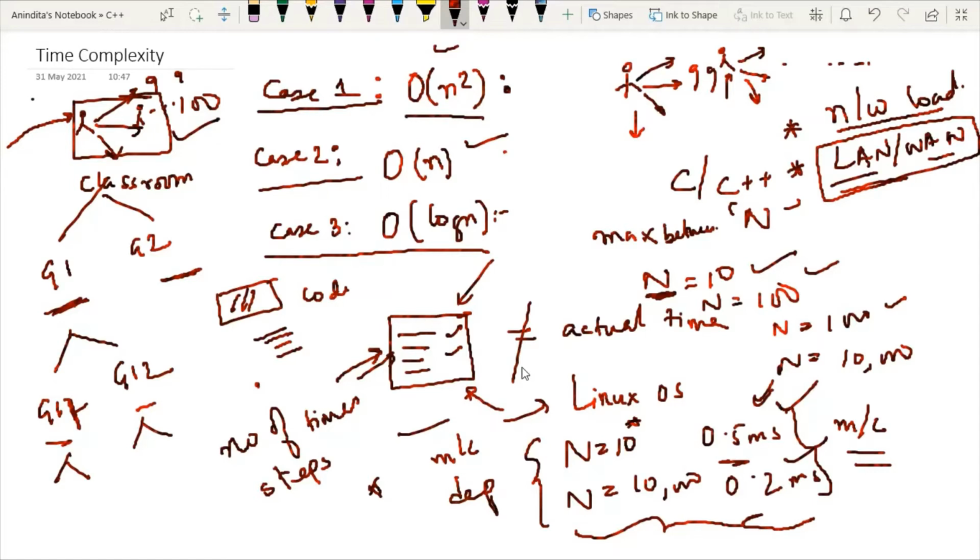So if we consider this time to analyze our code, it will not be a good parameter of measurement. So what can we do?